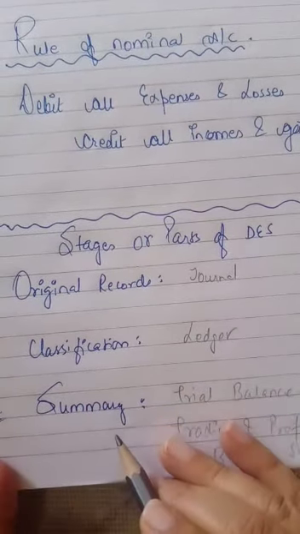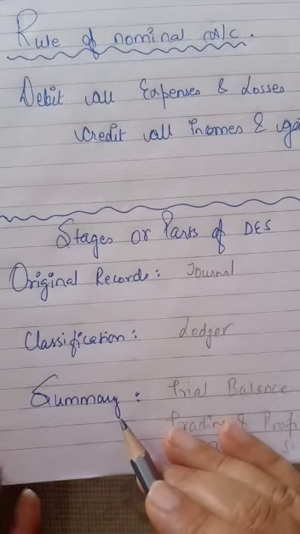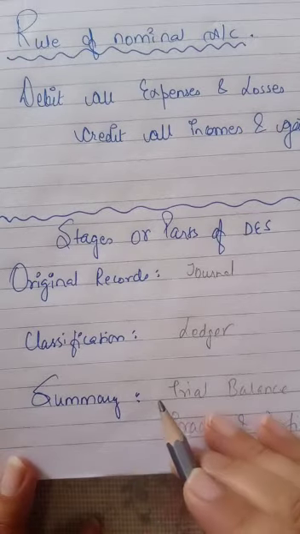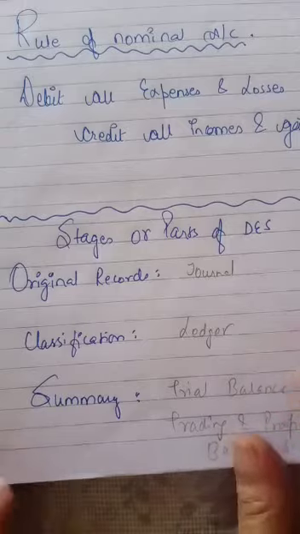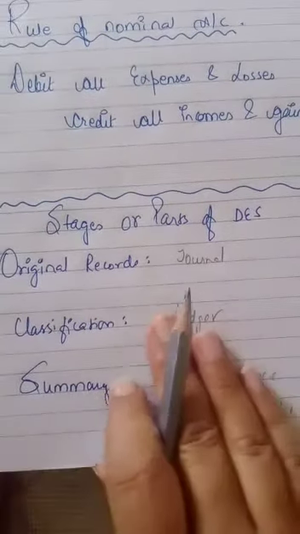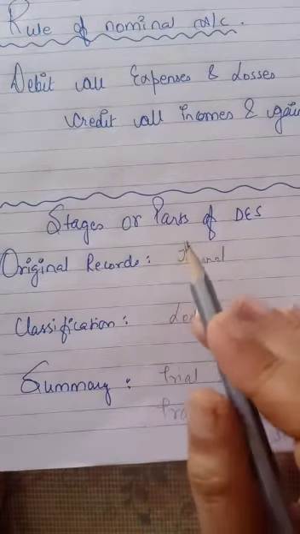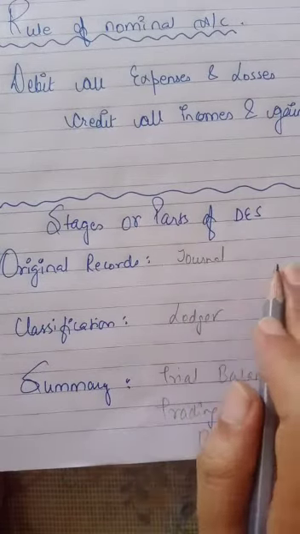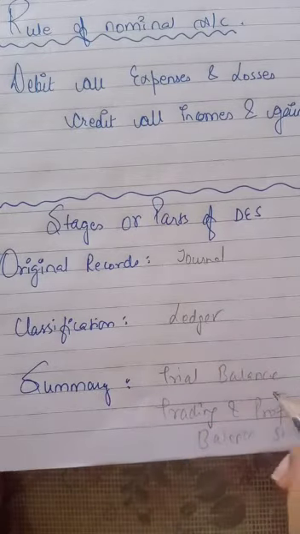At the last step, you have to maintain a summary. In this stage, all the accounts in the ledger are balanced off and put in a list. Debit balances on one side and credit balances on other side. This is called a trial balance. Means in ledger you have made a lot of accounts, more than 100, 200, and after that you have to prepare a list of them. Their debit balances should be equal to the credit balances. This is a trial balance.